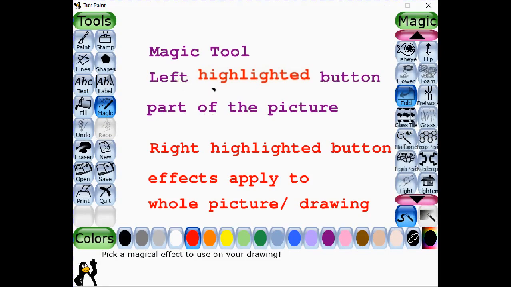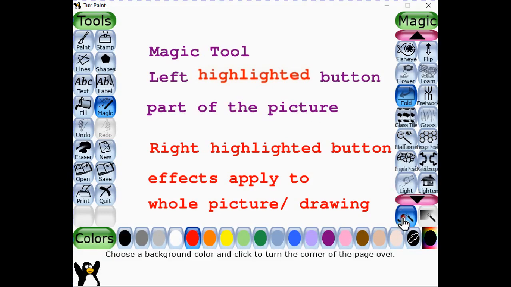now you can see the left-hand side button is highlighted. As you can see, it is highlighted over here, so it means it will add the effect to some part of your drawing which you want.